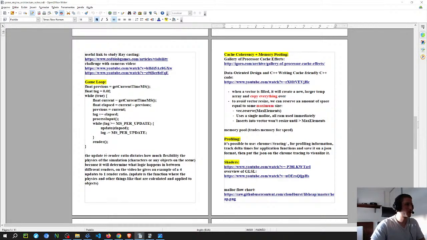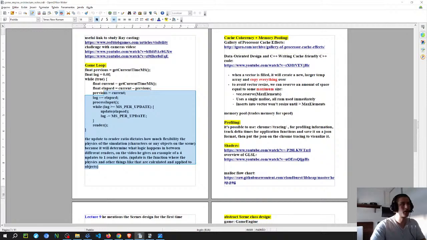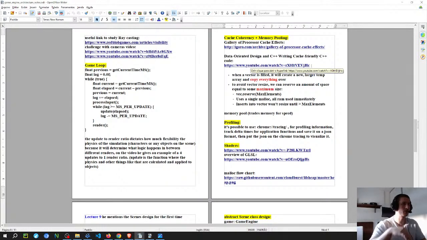The update render ratio. So this is another thing that he talks about, on the advanced game loop lecture, which I think is the 18th. So I just recommend going there to watch. And this is another very nice thing, which is on lecture 20, I think, which is very helpful. I just copied from him pretty much. So if you watch the lecture and you copy the code,